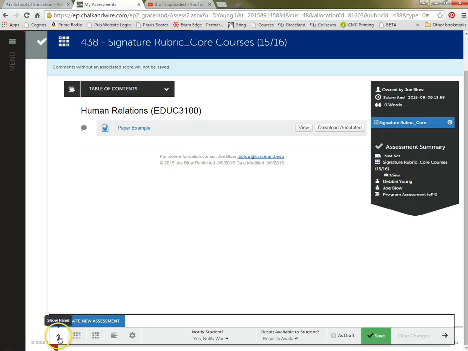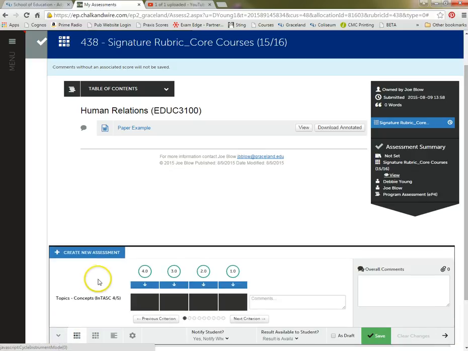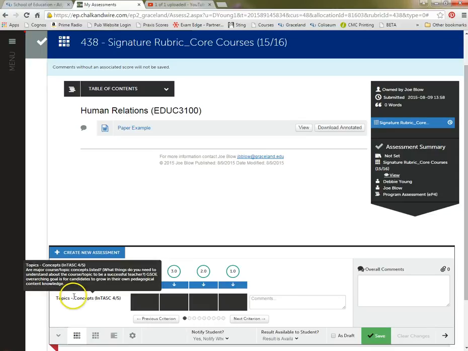Okay, so now we're ready to complete the rubric. We'll open the pane back up, the assessment pane. And the rubric is made up of criterion rows. This first one is on topics and concepts in tasks 4 and 5. If I hover my mouse over it, you can see the description there, what the student is expected to do